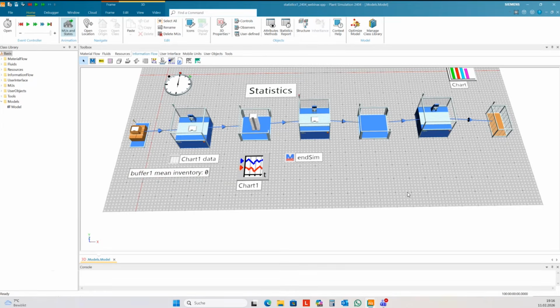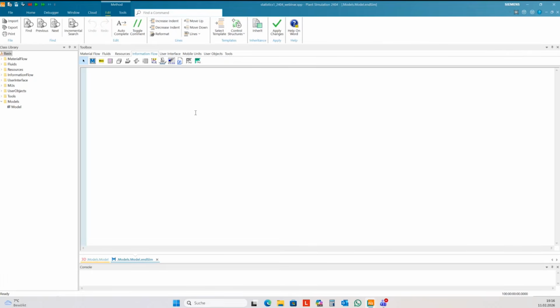Okay, step by step. Chart 1. I hope it's chart 1. Only chart. No, chart 1. Chart 1.